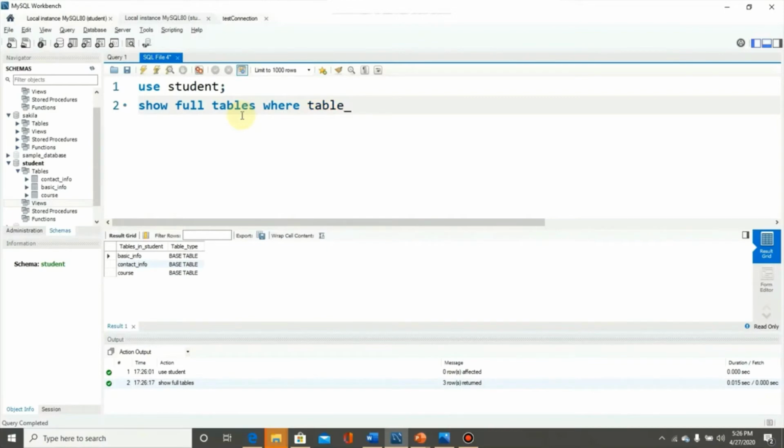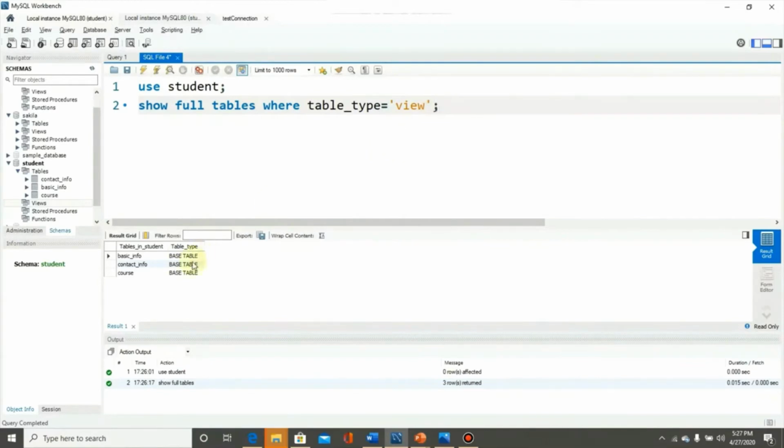table_type equals view. So this result will give us the list of all views.